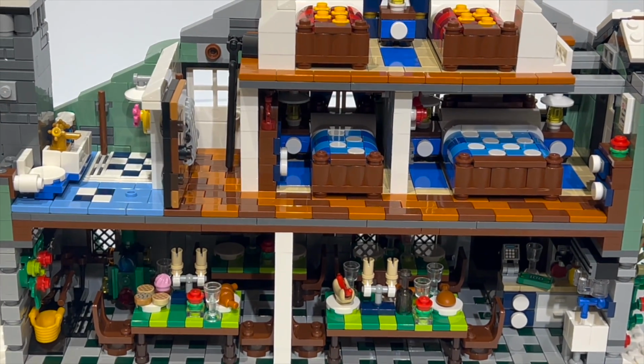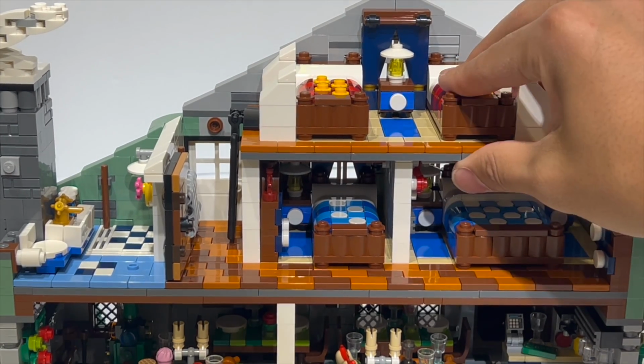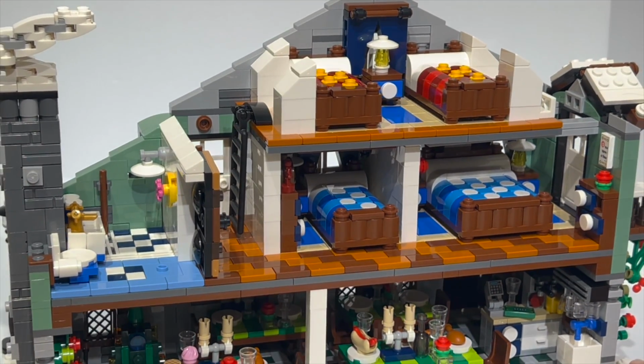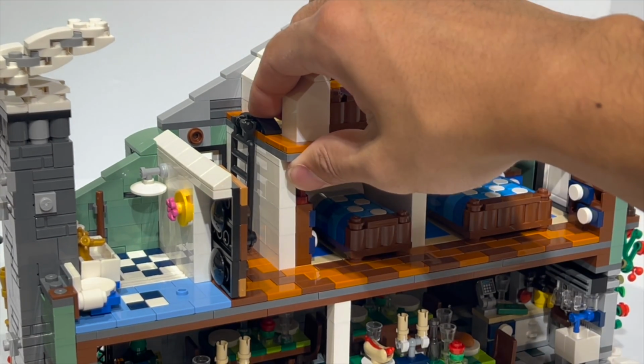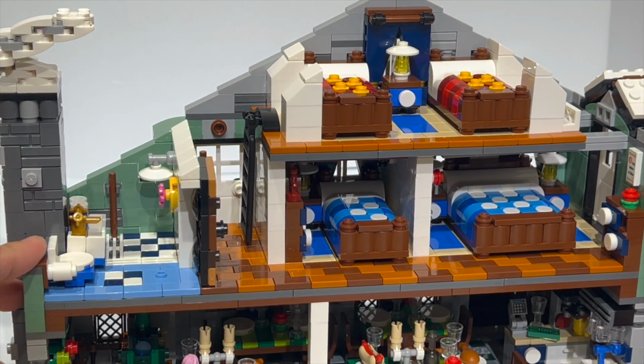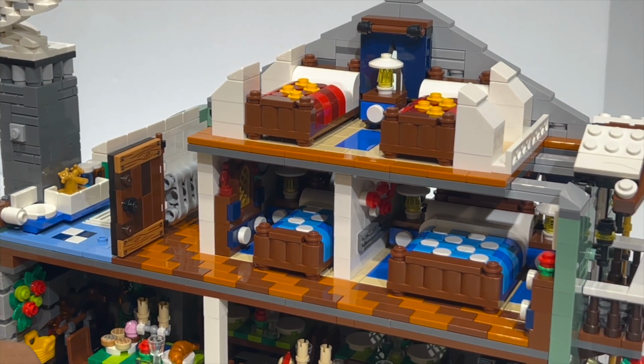Super easy to just remove the top and bottom levels, but here is where the chalet part of things comes in, because you actually have a whole area here dedicated to sleeping quarters for your different characters and minifigures. This is not easily removable, so basically what this floor is what you get. You can't really remove any other layers, but I actually really like it because this is almost like a communal